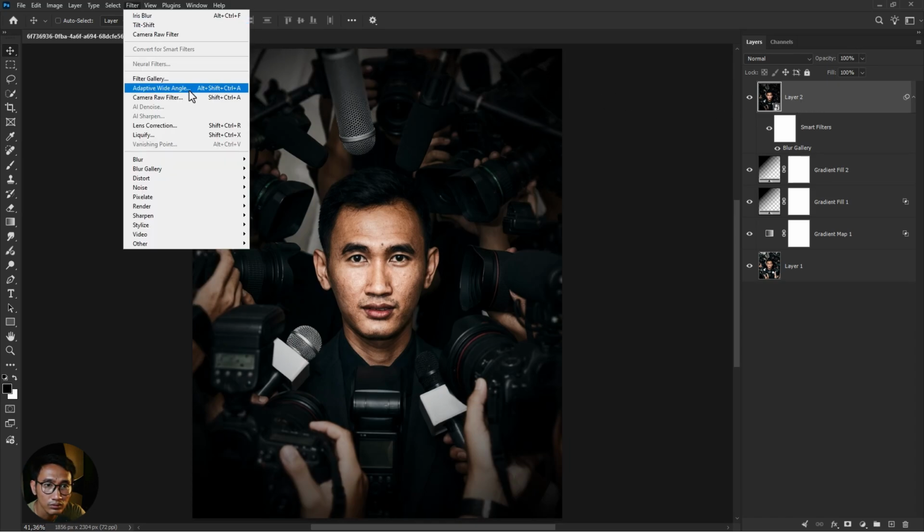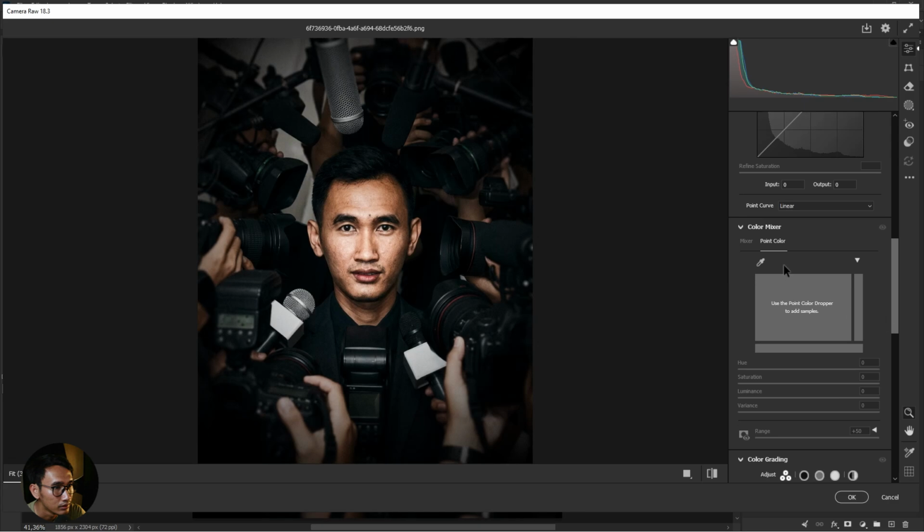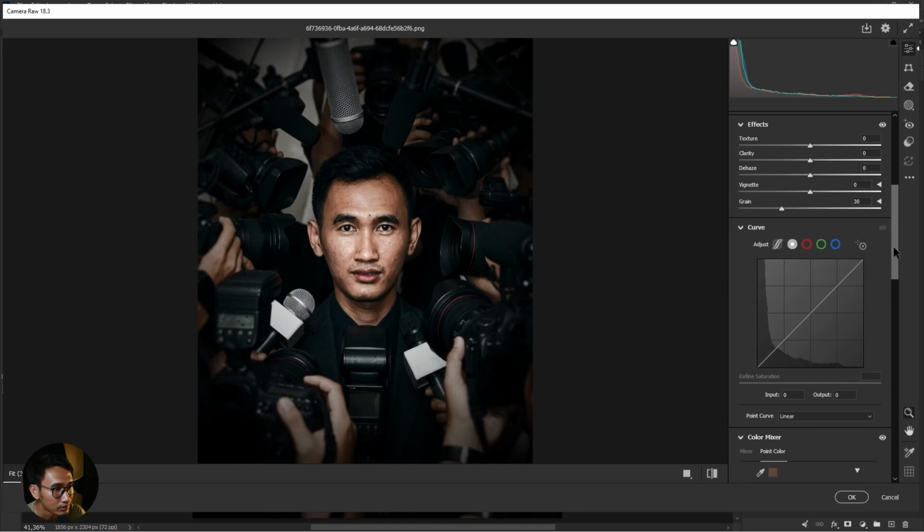Go to camera raw filter, just like grain, color mixer and point color, click and adjust luminance, saturation, maybe hue or red, and curve,